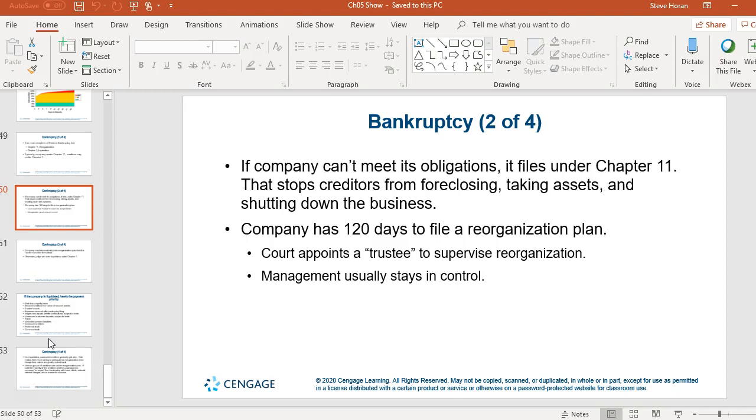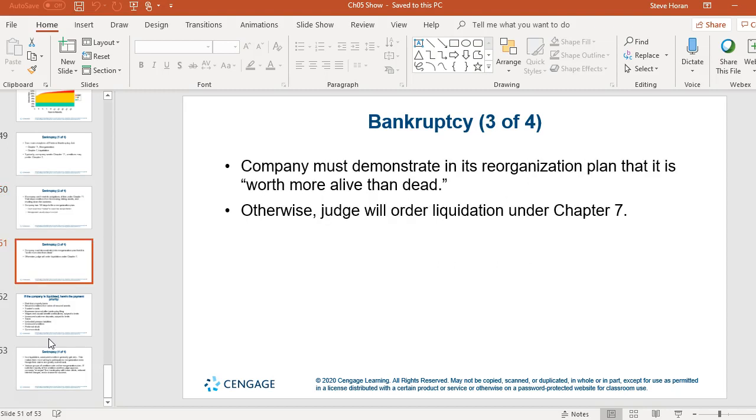So it kind of gives you a 120-day timeout, and the goal during that time period is to work with the trustee that the court will appoint to you and come up with a plan. Management still stays in control, but major decisions involving money have to be run through the trustee. So basically, you're trying to prove in that reorganization plan that you're better off alive than dead. And that's what generally most bankruptcy courts are looking for, because the goal is to preserve